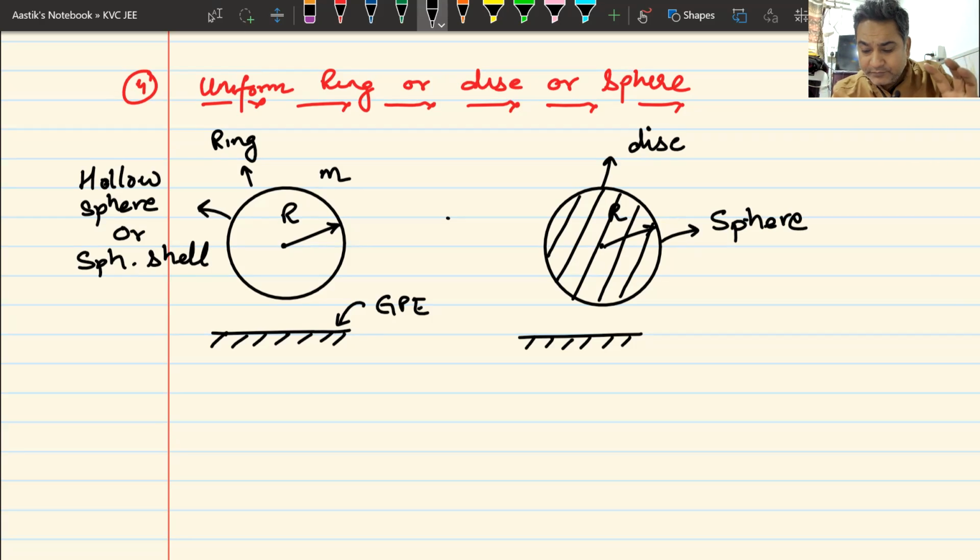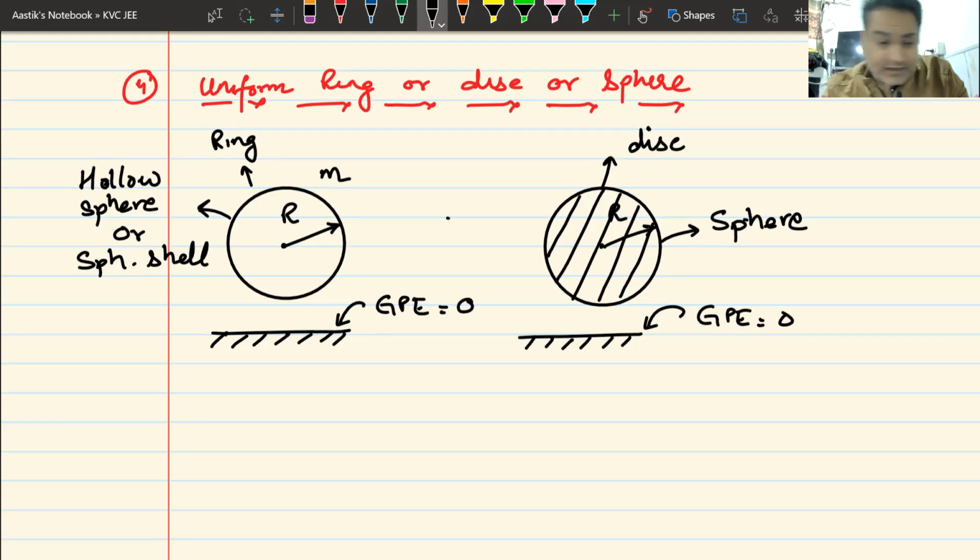So we are talking about all these diagrams, all these figures. Again, everything is uniform. If I have to ask you what is the potential energy of this gentleman, again I'm taking the reference on ground as 0, and then I must give you some height of some point. So I'm again giving the height of the center. Remember, this point is not the center. This is the center of the mass of the entire body, and I'm giving you the height as h. Can you now tell me what is the gravitational potential energy of these bodies?